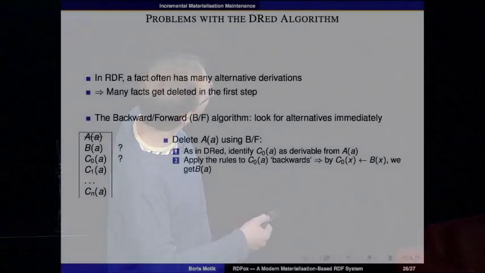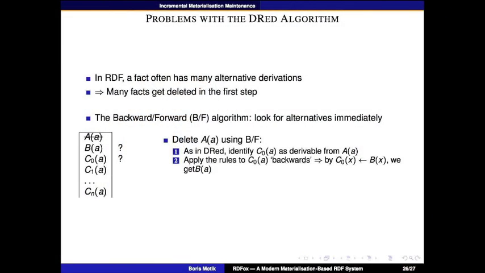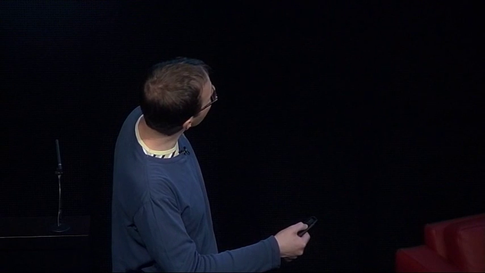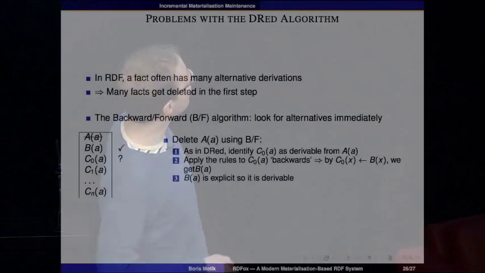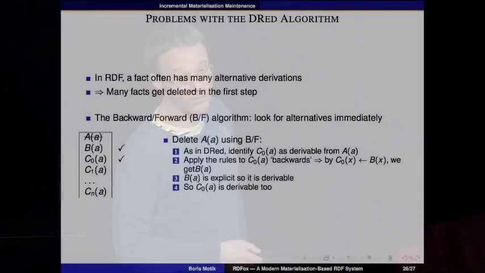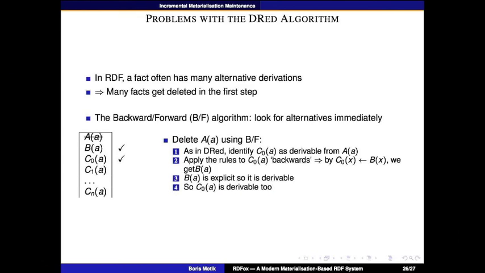Well, we look through the rules and say, this fact can be derived by this rule. So let's go backwards and check B of A. B of A is still there. I haven't deleted it, so that guy stays. But then C of A stays as well. And I'm done. Because C of A stays, I don't actually go on to propagate stuff across this big circular